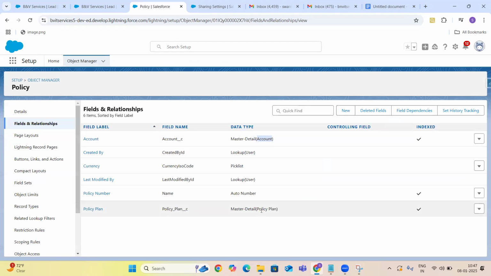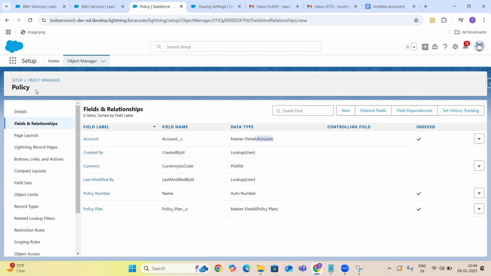For example, at account level I have given public read only, and at policy plan level I have given public read write. In that case, what sharing will apply for the policy record? It is going to be decided by the primary master detail field that you created, guys. Primary is nothing but the first master detail.